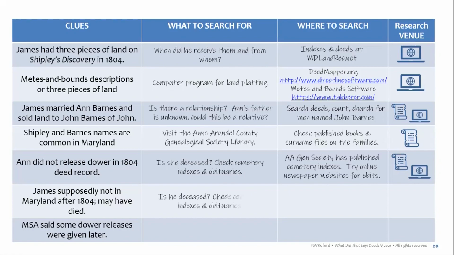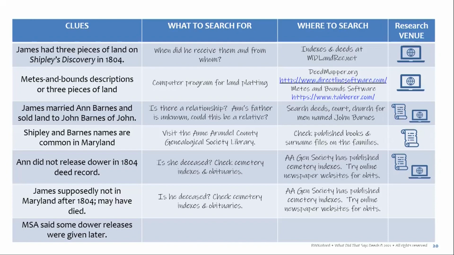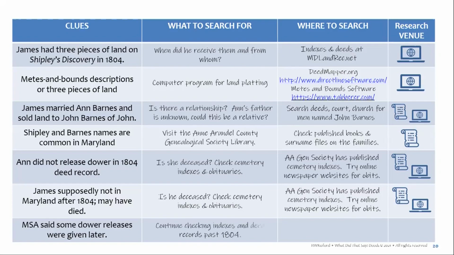James next is supposedly not in Maryland after 1804. Maybe he died. Well, I've got to do the same thing for him there too. Check the Anne Arundel County Genealogical Society and do both treatments for him. And then the Maryland State Archives said that some dower releases were given later. Well, let's go back to the indexes and check